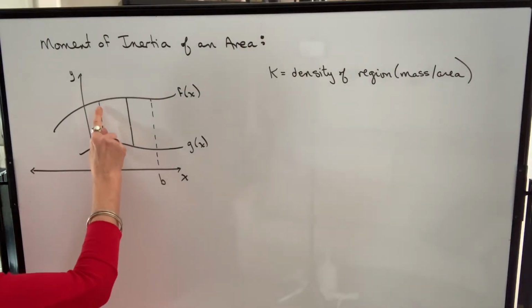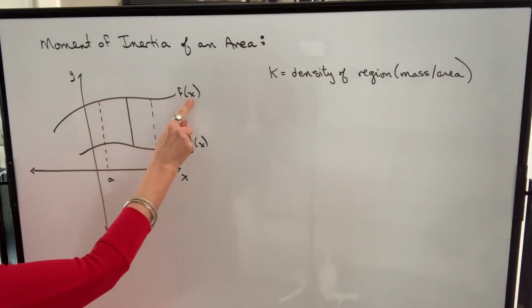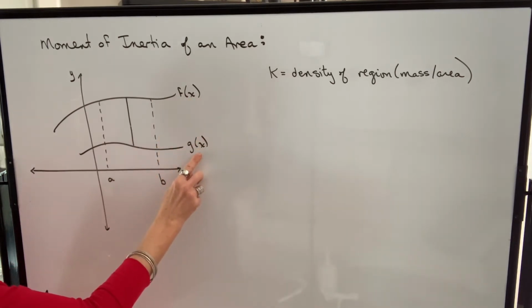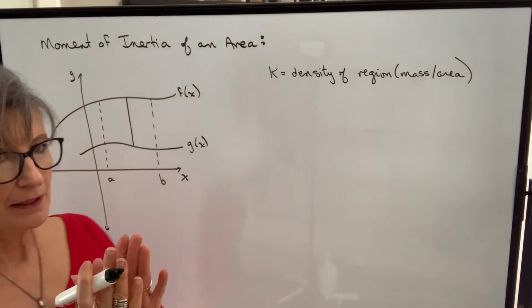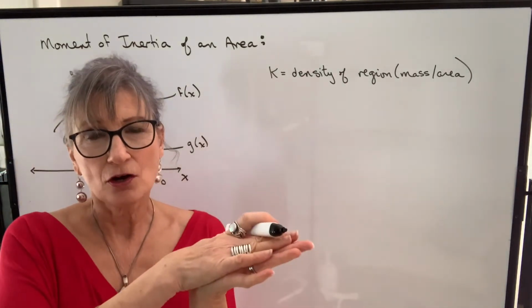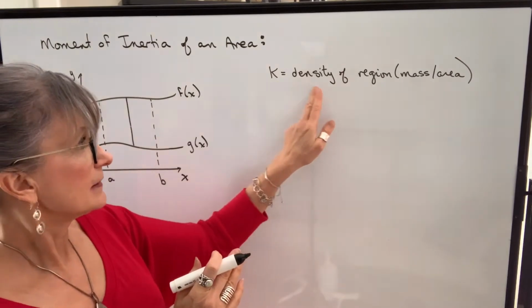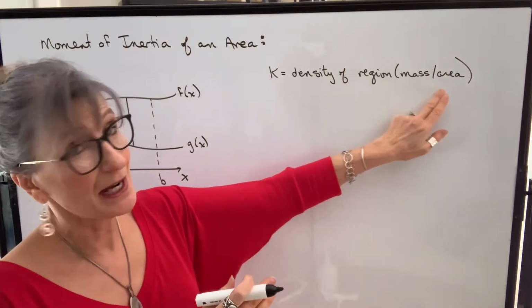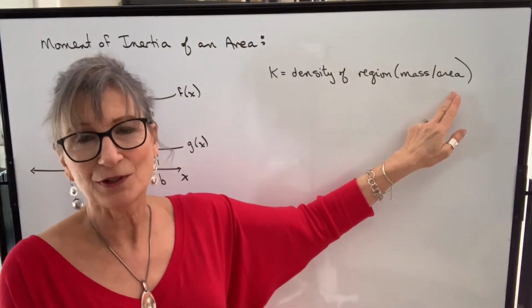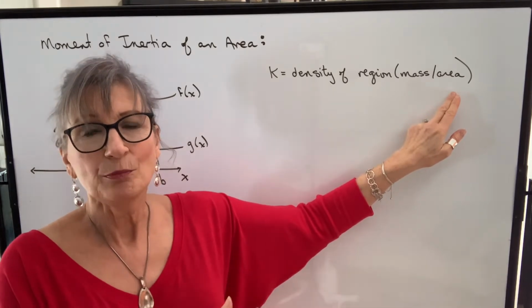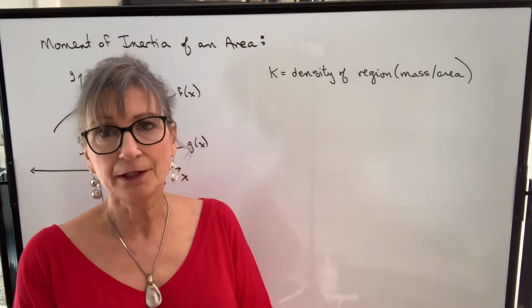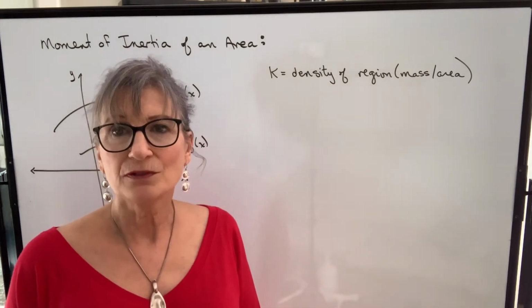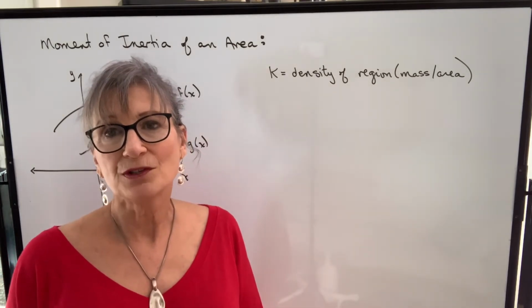So if we had an area bounded by the top curve f of x, the bottom curve g of x, from x equals a to x equals b, and if that area had a constant density, so that would be a mass per area. I know typically we talk about density as mass per volume, but here we're going to be dealing with k as mass per area because we're working with an area. We can find the moment of inertia about the y-axis